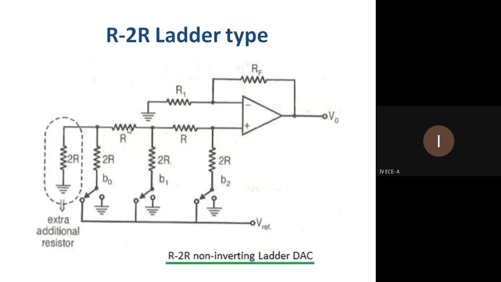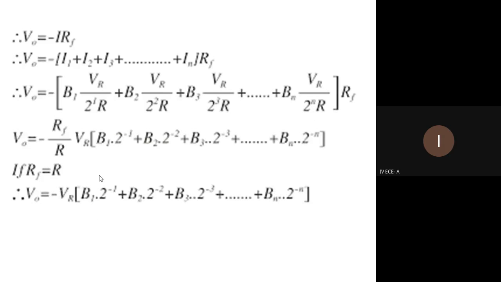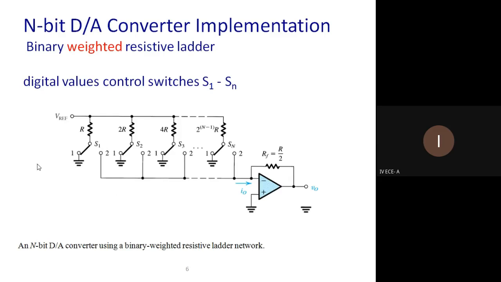This is an example of the R2R non-inverting ladder type. Here we use two resistor values. In series form we connect the R value, and in parallel form we connect the 2R value. Why? Because in the previous method we use R, 2R, 4R. For example, if we increase the number of bits,